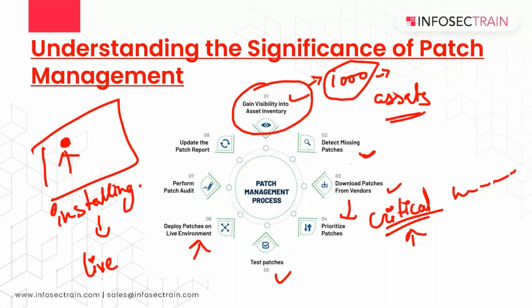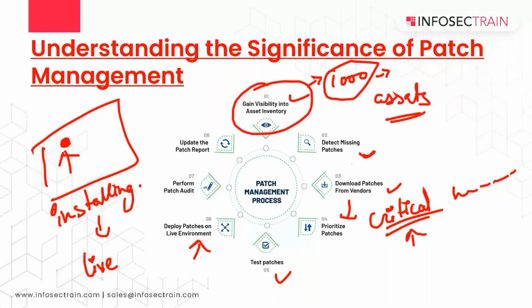So what we will be having is a particular period of time, right? Because if we patch all the systems at the same time, it is going to disrupt and affect our daily operations inside the organization, right? First we will be looking for the critical ones. We will be deploying the patches for the critical vulnerabilities we are having. Then we will be going for the less severe ones,